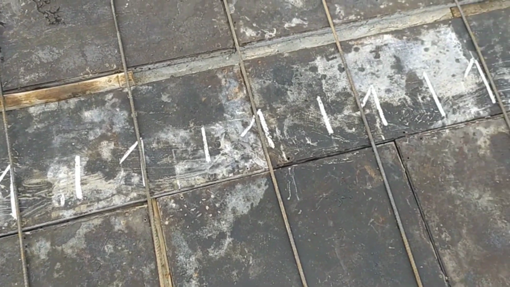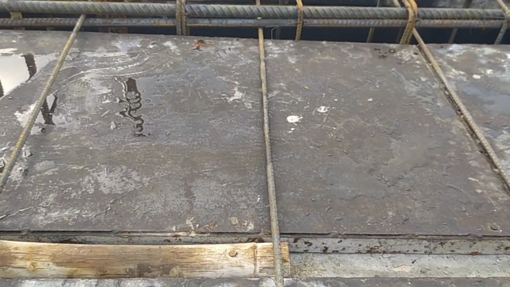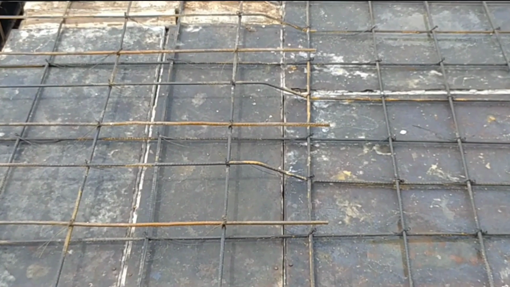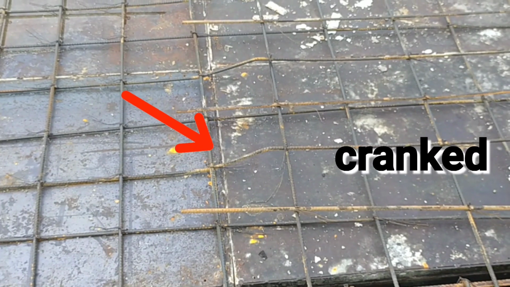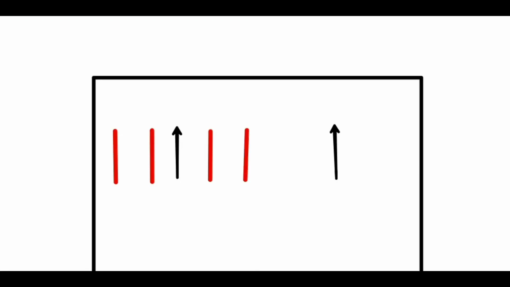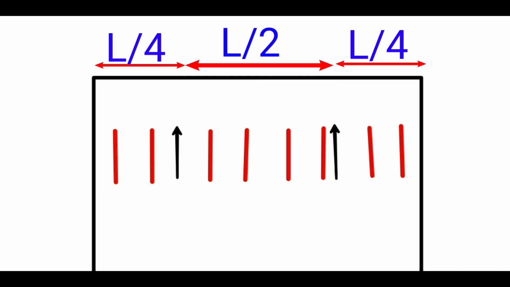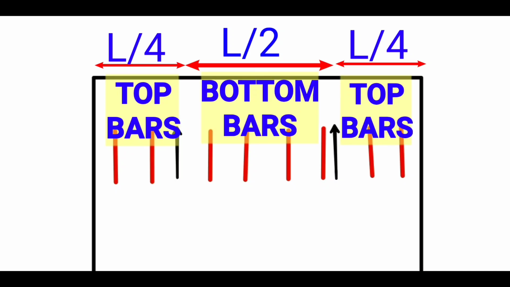Alternately, arrows are marked which indicate that the reinforcement should pass through the beams and the rest should go from the top of the beam. Then, the distribution bars, which are of 8 mm dia, are laid perpendicular to the main bars along the sides of the slab till a length of L/4 from the beams, to where the main bars are cranked. These form the top reinforcement. This is also marked by providing just 2 arrows of marking along the longer span, which indicates up to which length the distribution bars form the top reinforcement and the middle bars form the bottom reinforcement.